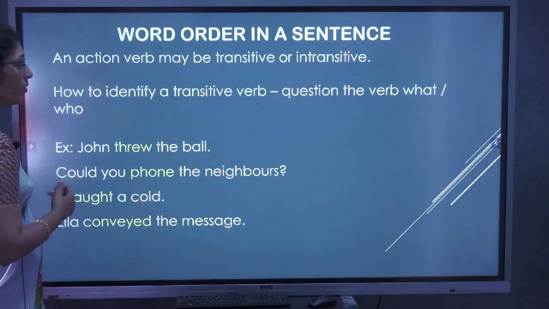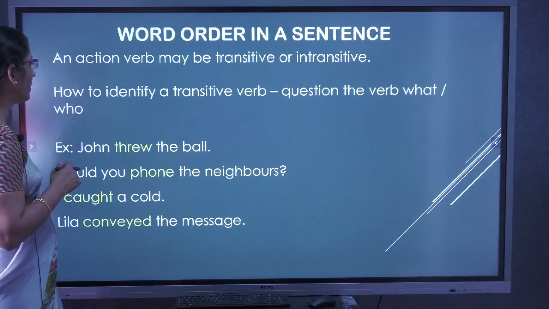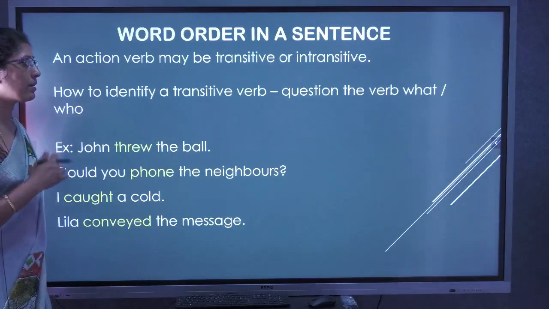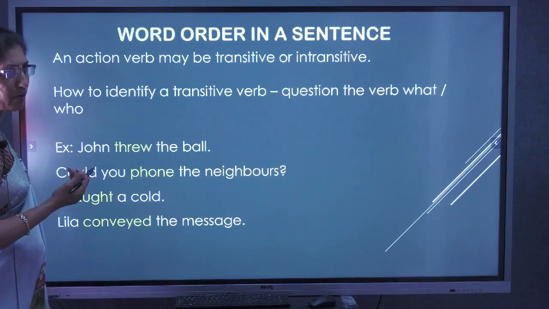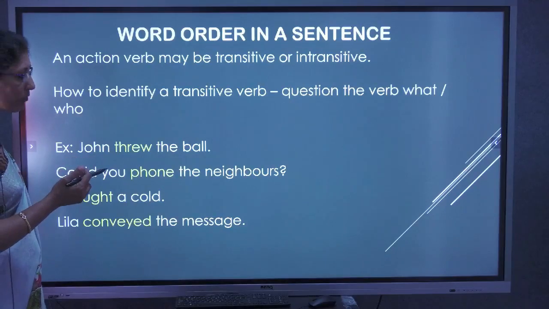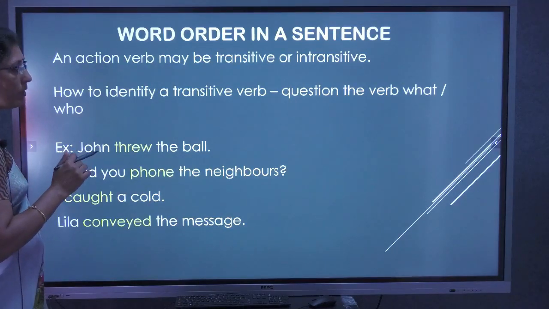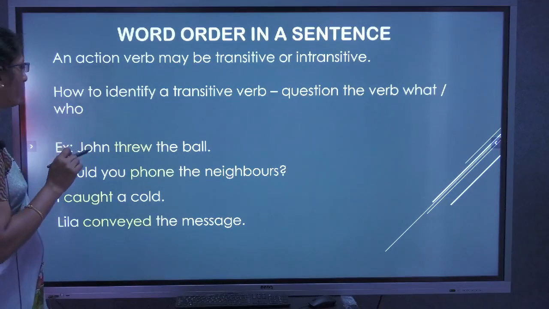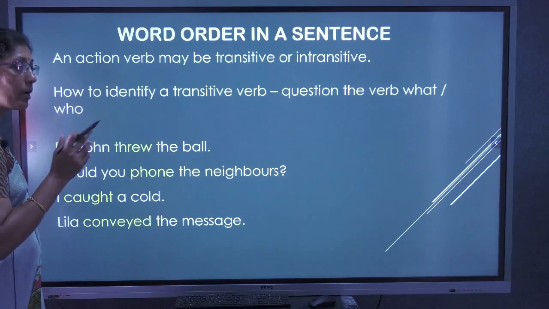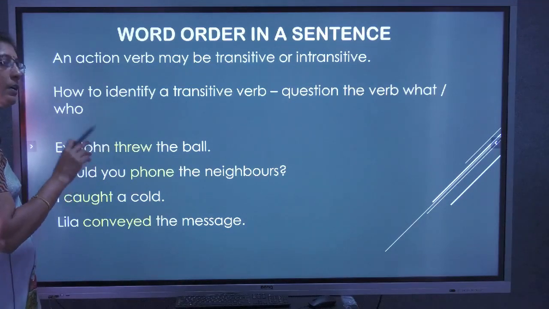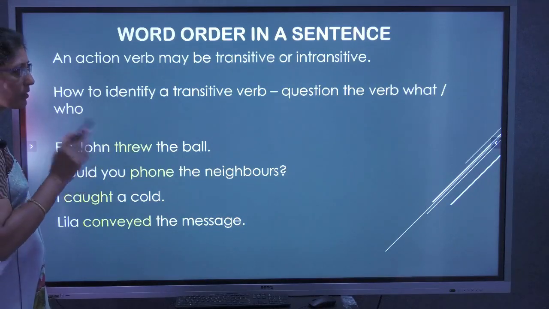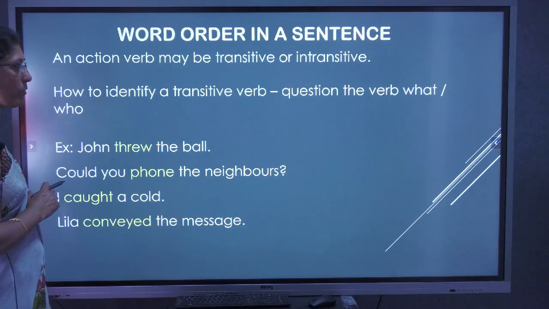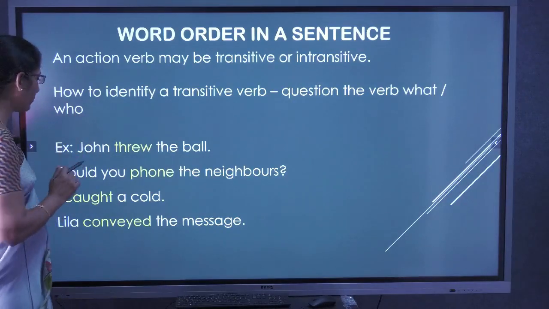Right. So you might have got a doubt. How to identify a transitive verb? Because we may not know whether it is a transitive verb or an intransitive verb. But you can know, just question the verb, what or who, then you get some answer. Then you can say it is a transitive verb. If you don't get the answer, then you can say that it is an intransitive verb. What and who. For example,